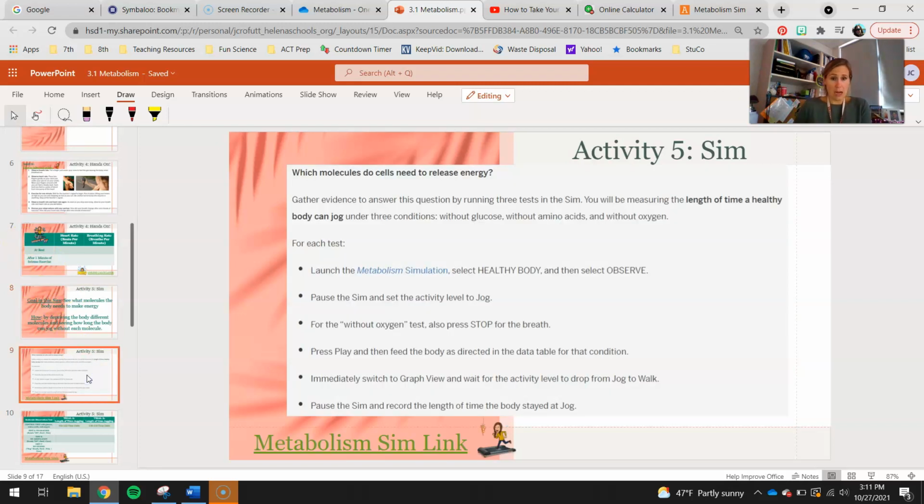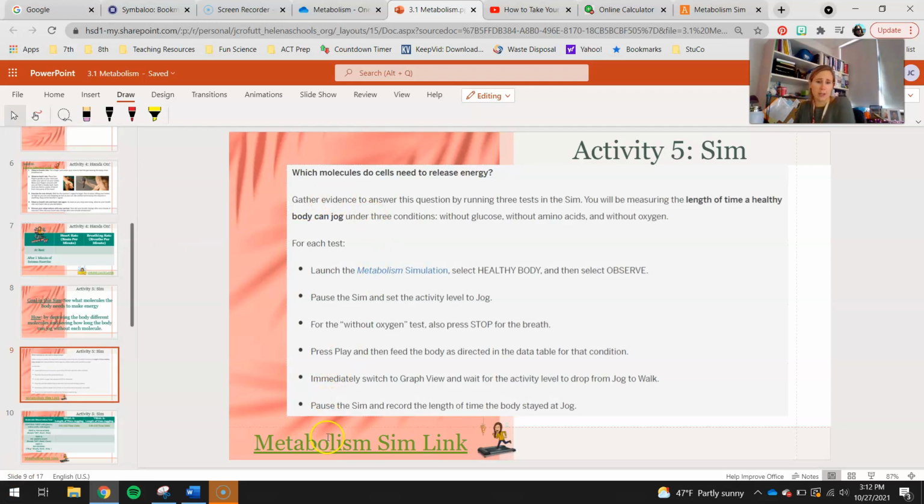Okay? All right, so here's how you're going to run this sim. You're going to gather evidence to answer this question by running 3 tests in the sim. You will be measuring the length of time a healthy body can jog under 3 conditions: without glucose, without amino acids, and without oxygen. So for each test,